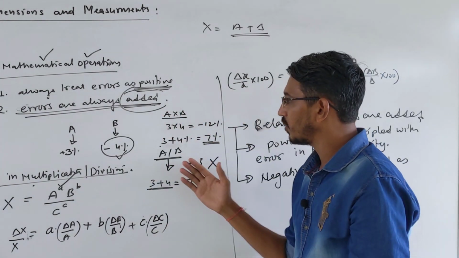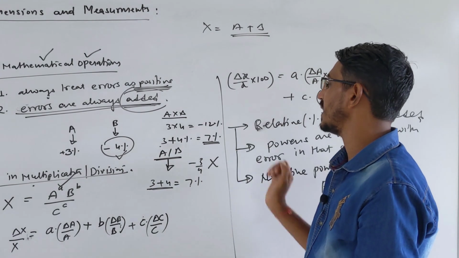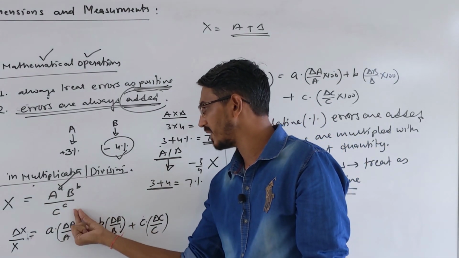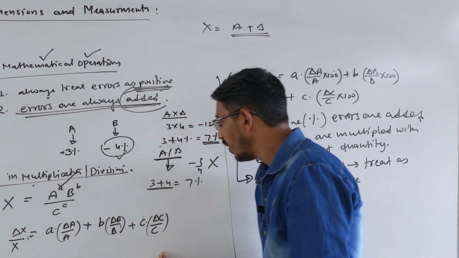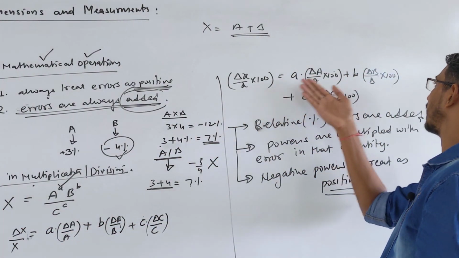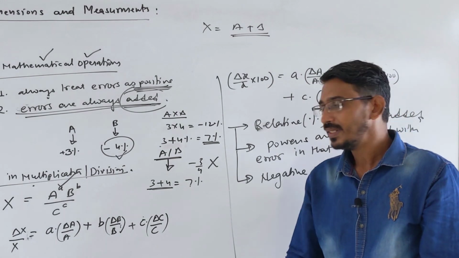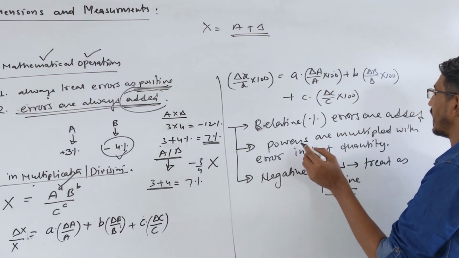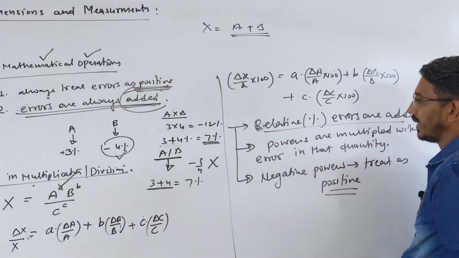Yes. And what error we have to add in this case? Multiplying and dividing, percentage error, because the rule says that the sum of the relative errors on this side is always equal to that. It's a relative error, or you can write the same into percentage by multiplying on both sides, correct? Yes. So in this case we are adding what error? Percentage errors are added, or relative errors are added, you can say, right?